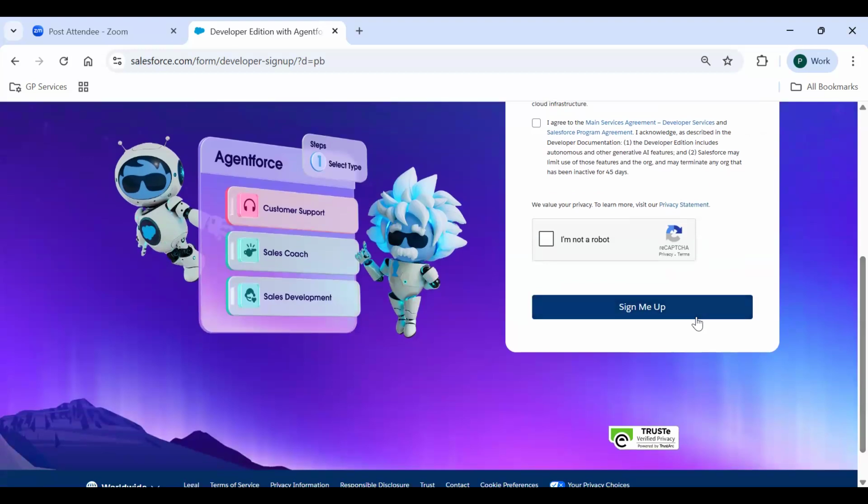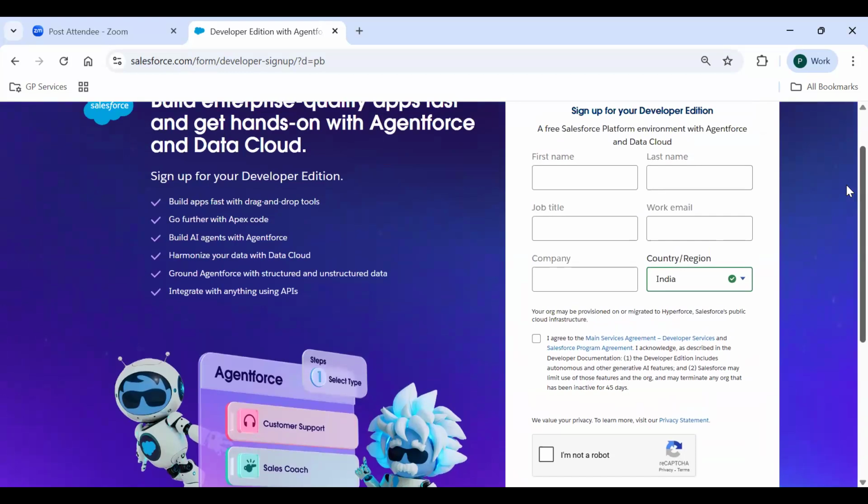Excuse me, ma'am. When we don't have a work email, what should we give? You give your Gmail, anything is fine. Ma'am, we are freshers, we have no job title or company name. You can give some ABC or XYZ, don't worry. If you don't know the job title, give it as XYZ. Company, same: give it as ABC or 123. Okay, ma'am. Thank you, ma'am.